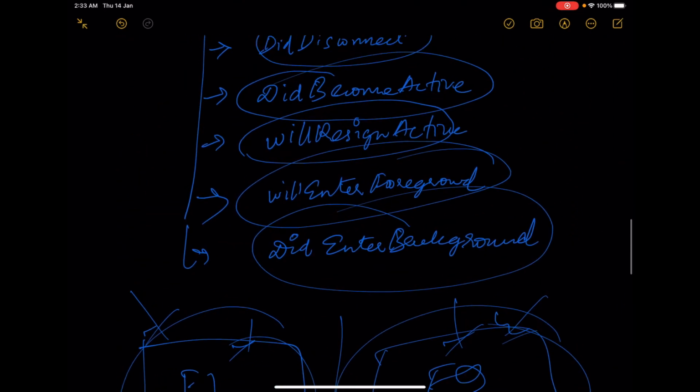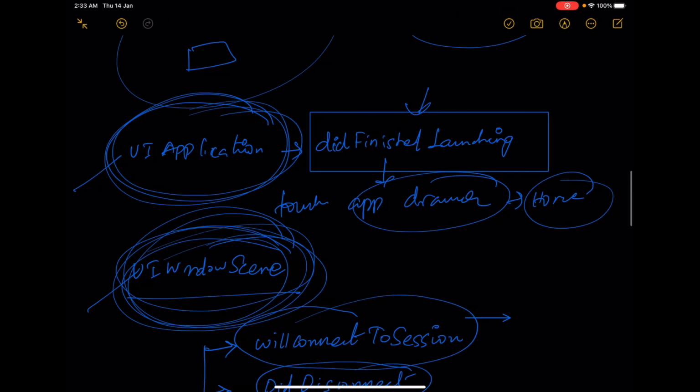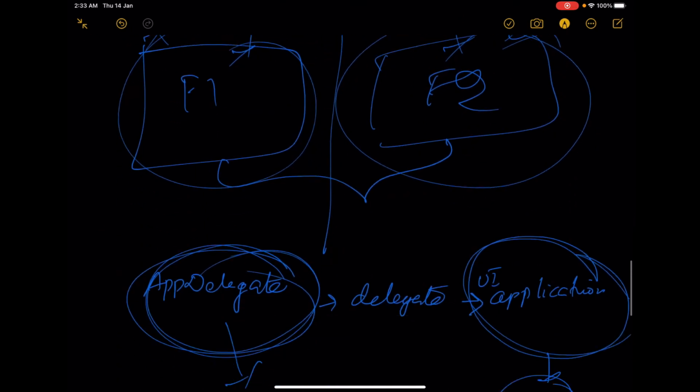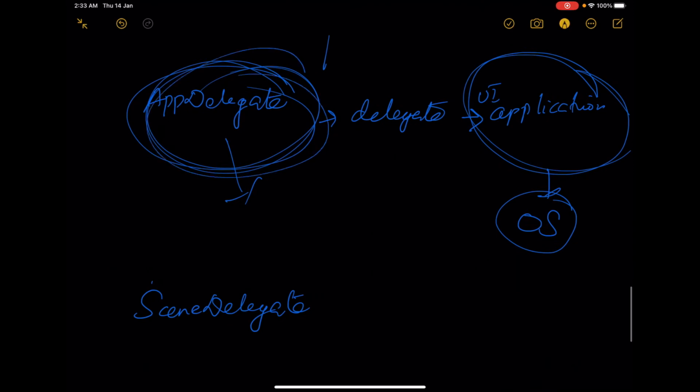Next, the same way we also have a scene delegate. Okay, so I told you each application has a method called didFinishLaunching. This method you will find in the app delegate, because when the user launches the application, you need to know that the application is being launched and you want to perform a few actions, right?